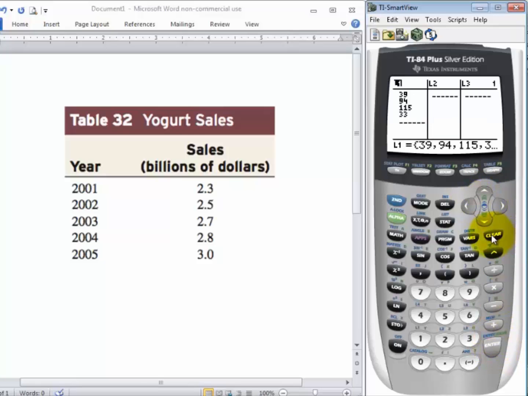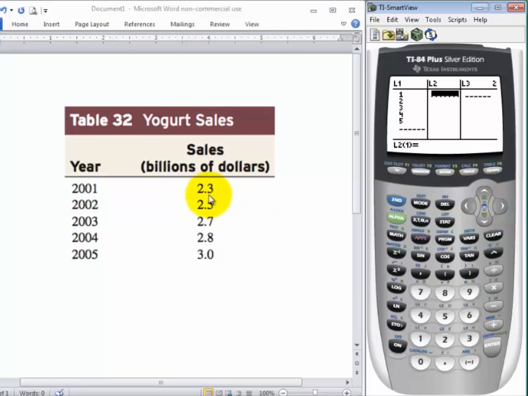Same way with List 2, Clear, and Enter. So our independent variable is years since 2000. So the first one will be a 1. The next line will be 2, until we get to 5.